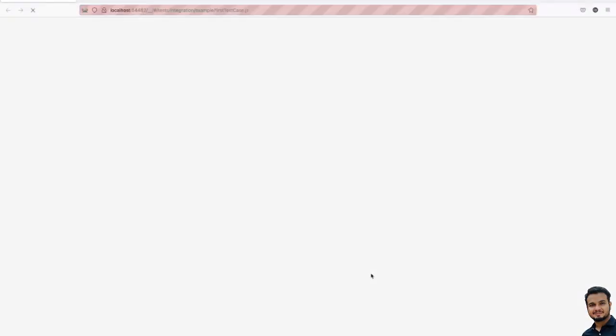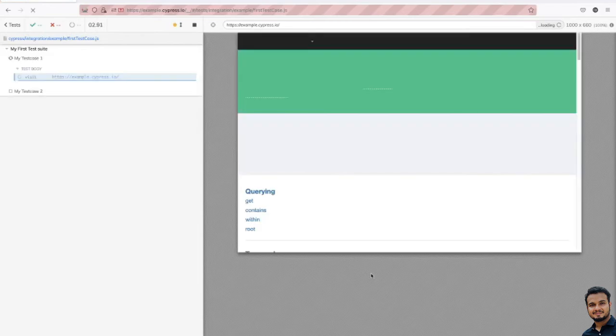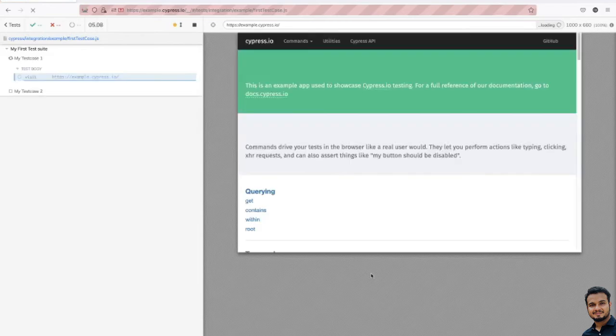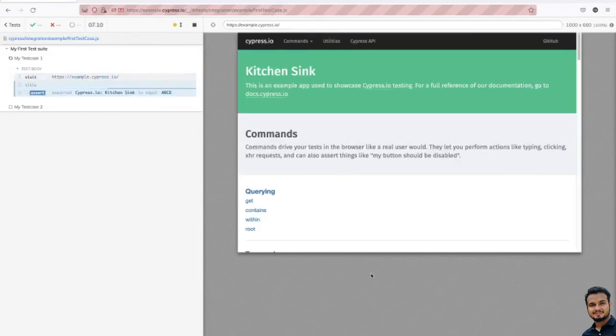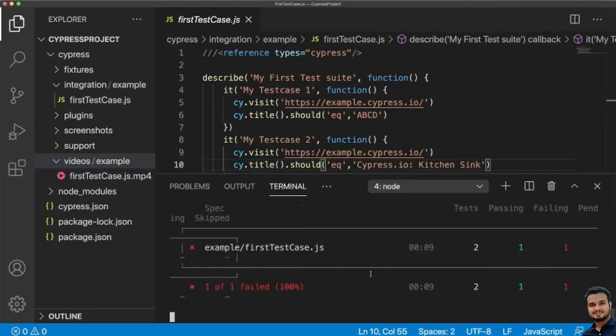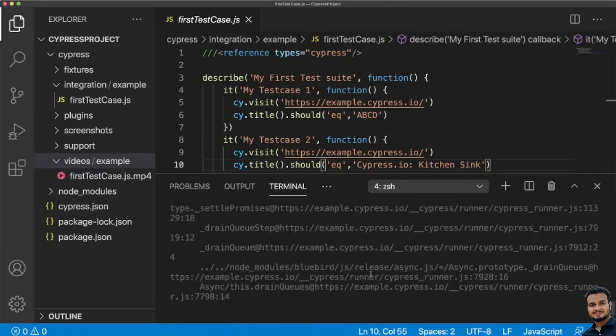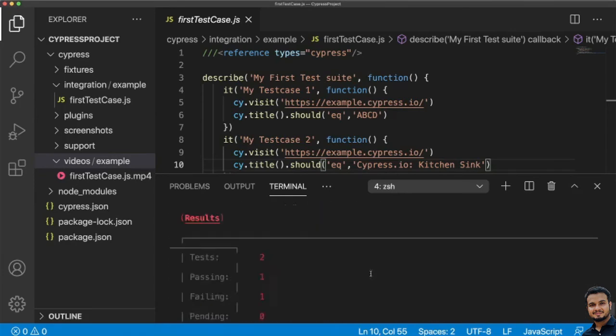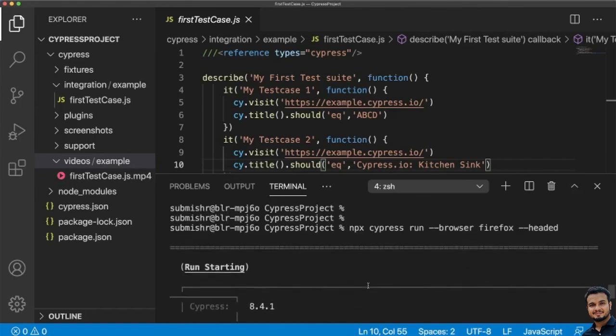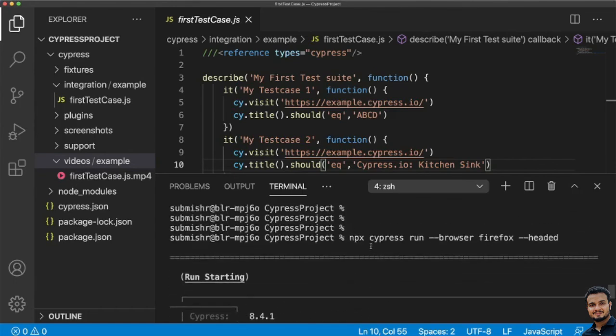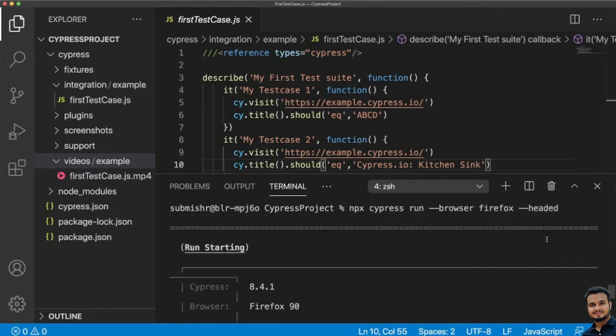Now, you see Firefox browser also launched and the test case is getting executed, right. So, one test case will fail and the other test case will pass. Now, you can see one test case failed and the second test case passed, and if we see here what it is showing, it is npx cypress run --browser firefox --headed.